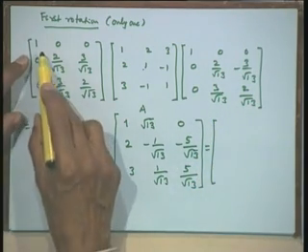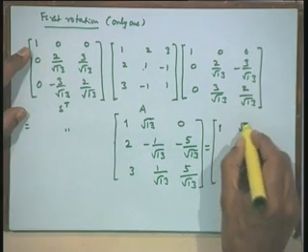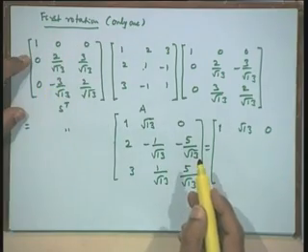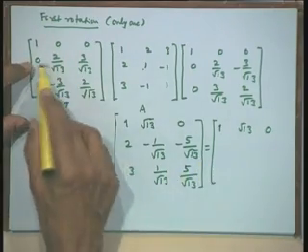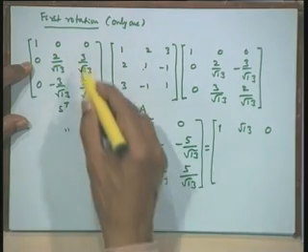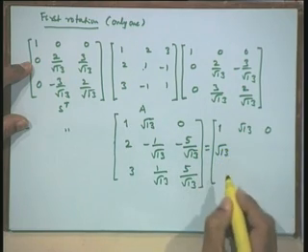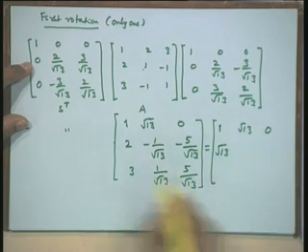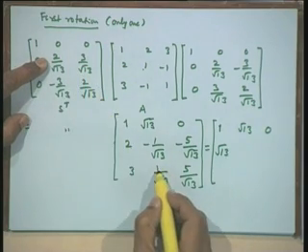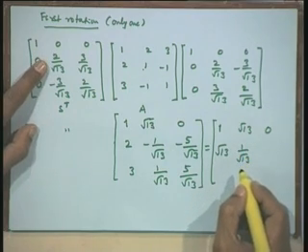Now, we are multiplying now the first row remains the same, therefore, this 1, root 13, 0 remains the same, because we are multiplying by 1 0 0. Now, the second row first column, that is 2 into 2, 4, that is 3 into 3, 9. So, 13 by root 13. So, I will have here root 13, then 2 into minus 1, that is minus 2 plus 3. So, I will have 1 by root 13.